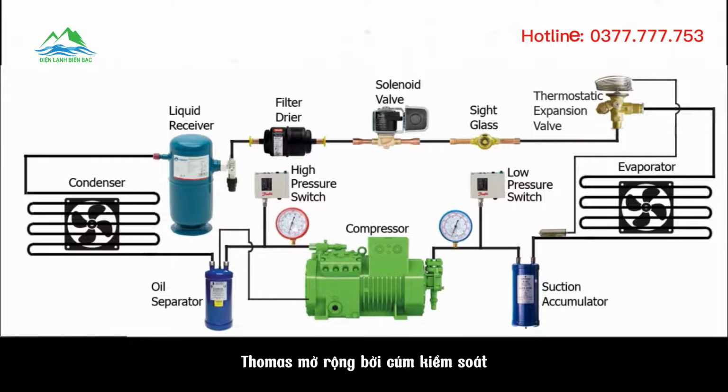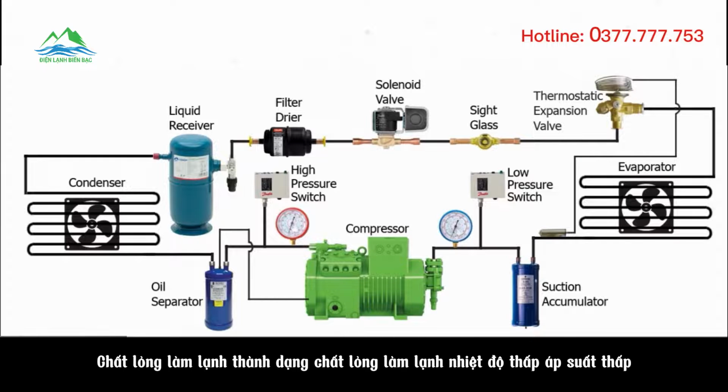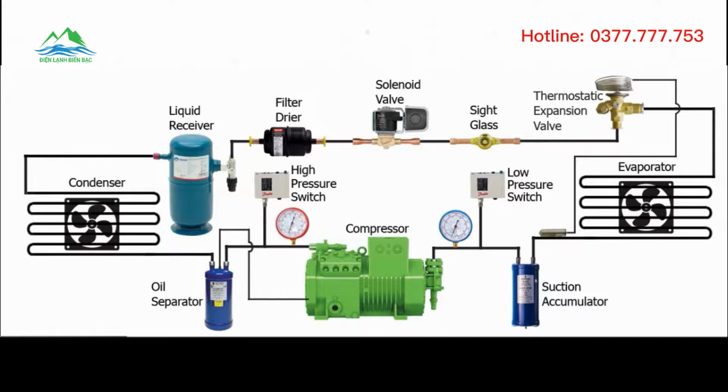The thermostatic expansion valve controls the flow of refrigerant liquid into the evaporator. The sensing bulb senses the temperature of the evaporator outlet. According to the sensed temperature of the sensing bulb, the thermostatic expansion valve increases or decreases the amount of refrigerant liquid flowing into the evaporator. After passing through the thermostatic expansion valve, the refrigerant liquid changes from high pressure, medium temperature refrigerant liquid into low pressure, low temperature refrigerant liquid.